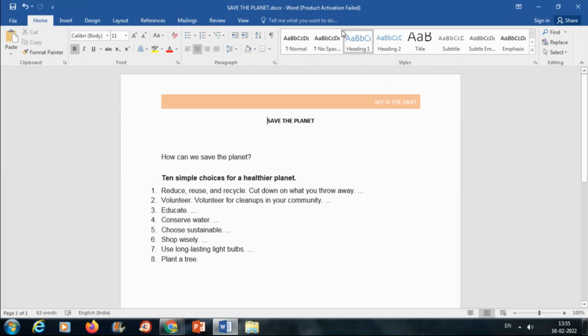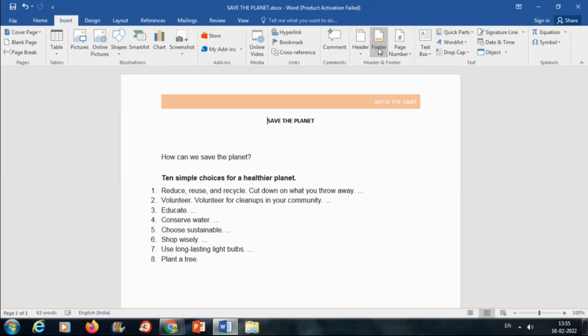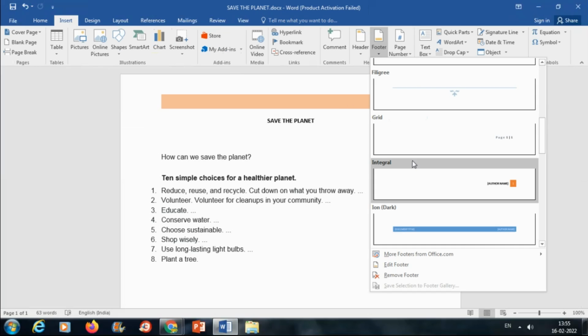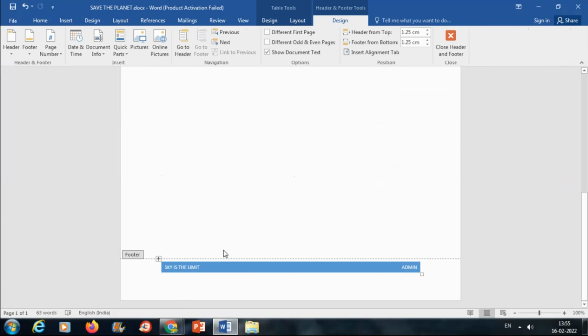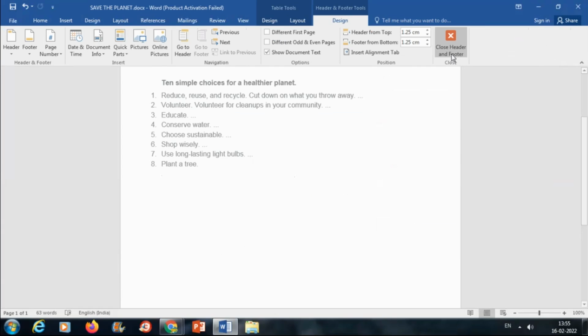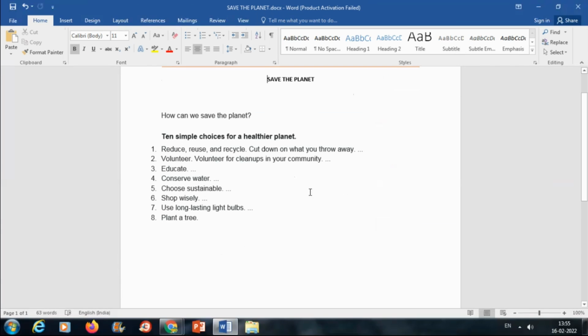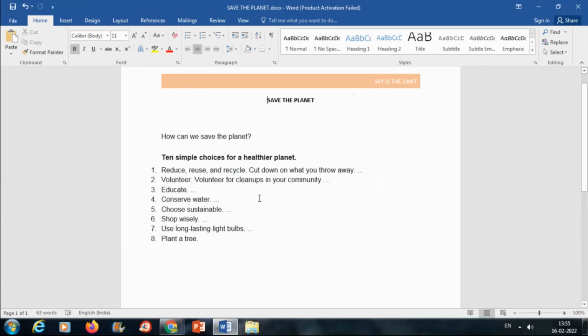In this way, you can also add the footer also. Go to Insert, click on Footer, then click on it. Then select Close Header and Footer. As you can see, both header and footer